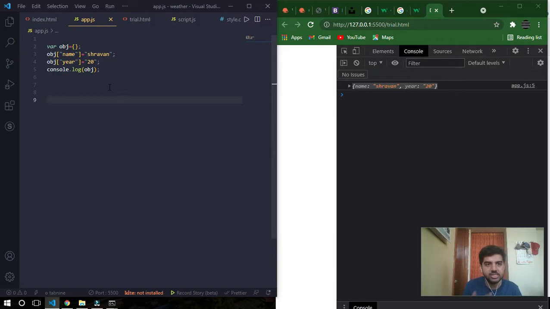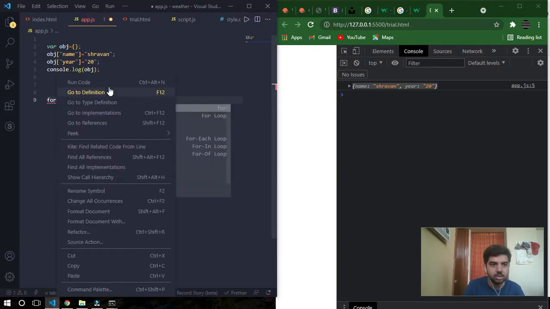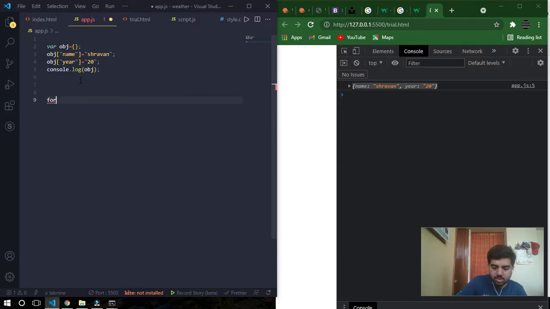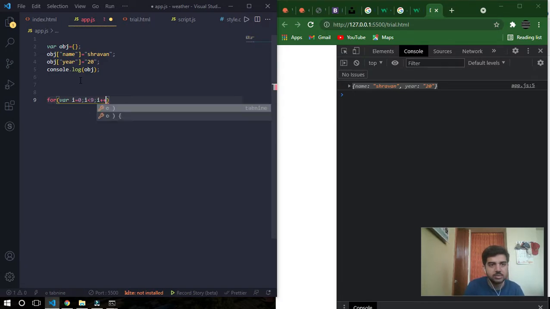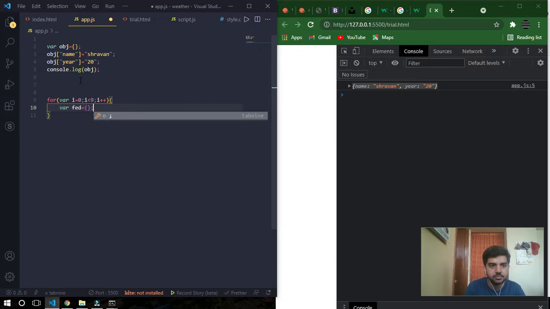I'll show how to update an object using a for loop. For var i equals 0, i less than 9, i plus plus, I'll create an object called fed.